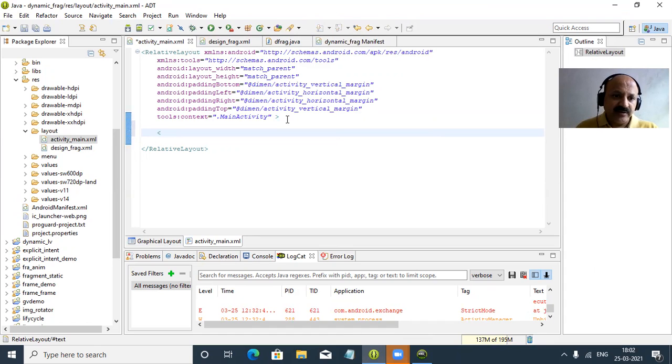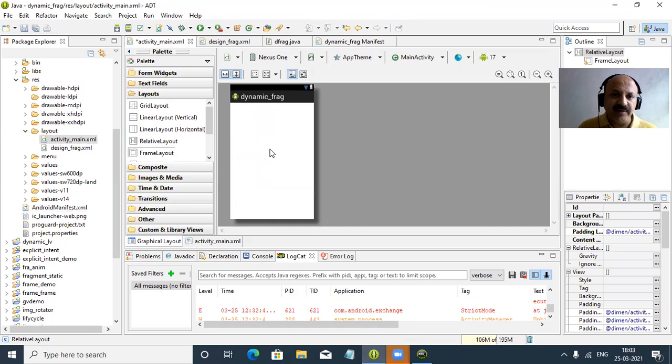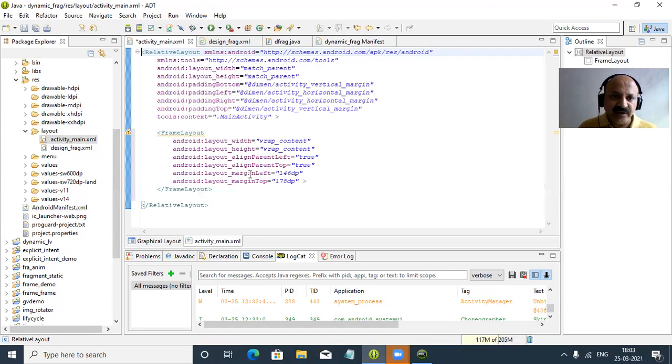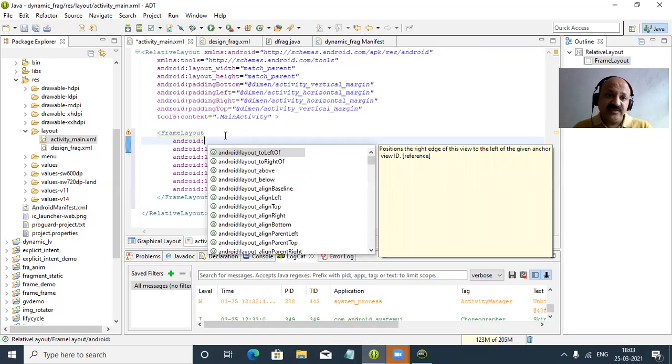Yes, here we take a frame layout. You can also take it from the layout. Yes, that is better, I remove this, so we do not need to set all the properties. Here you can look, in the palette window, the layout folder, take a FrameLayout for our fragment. Yes, that appears and all the properties like width and height are set. Only we provide the ID, that is our required part in the coding.